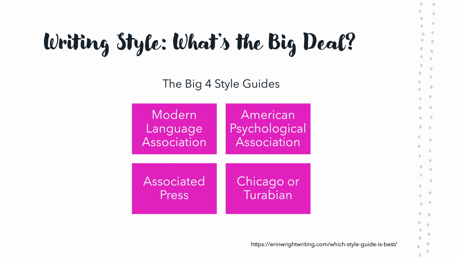So there are 4 big styles that we want to talk about before we move forward. First of all, we just mentioned the Modern Language Association. That's the style that many of you learned in your undergrad program. And then we're just going to introduce here APA, American Psychological Association. But the Associated Press is another really big style guide, and that's most news organizations have some version of that. And then Chicago or Turabian is another one that many academics use in different fields.